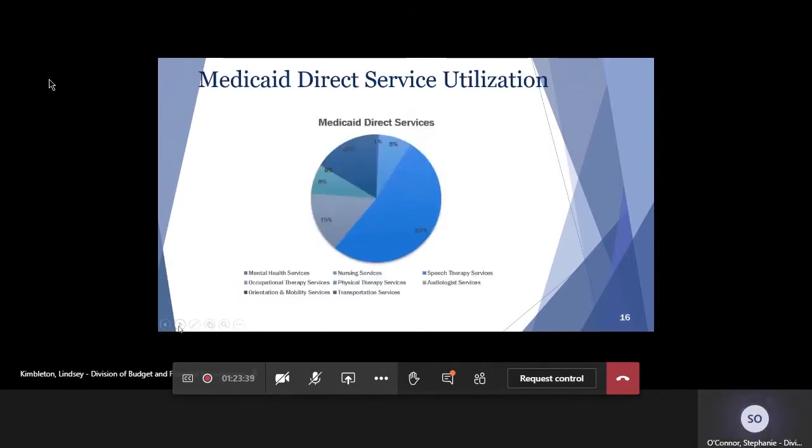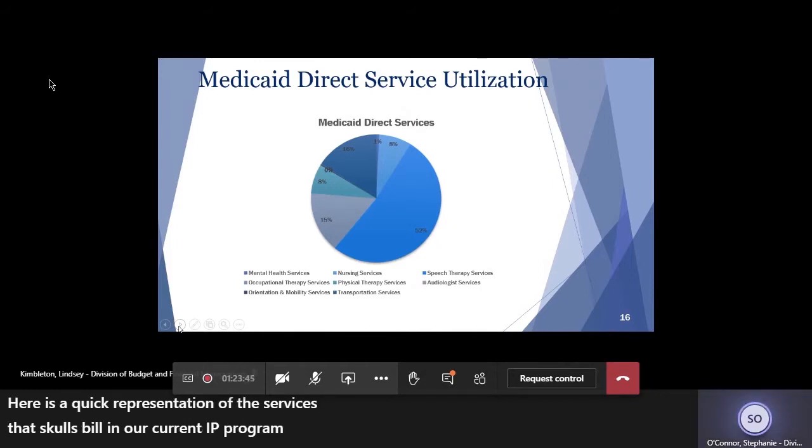Here is a quick representation of the services that schools bill in our current IEP program. Please know that not all of the services on this chart will be available for expanded access. Of course, speech services are the most utilized service in the school district at 52%.